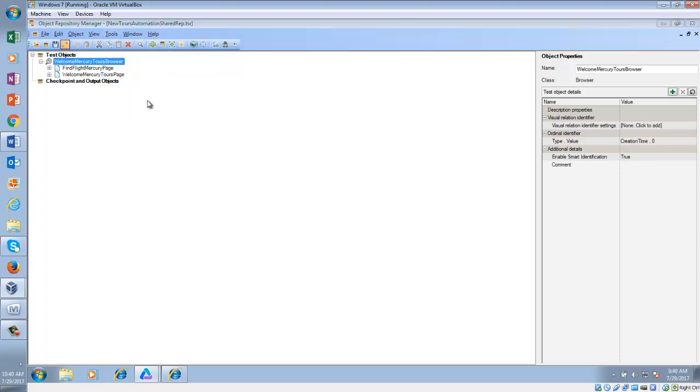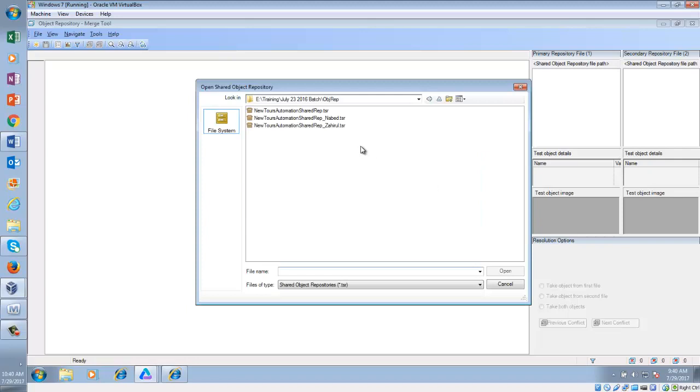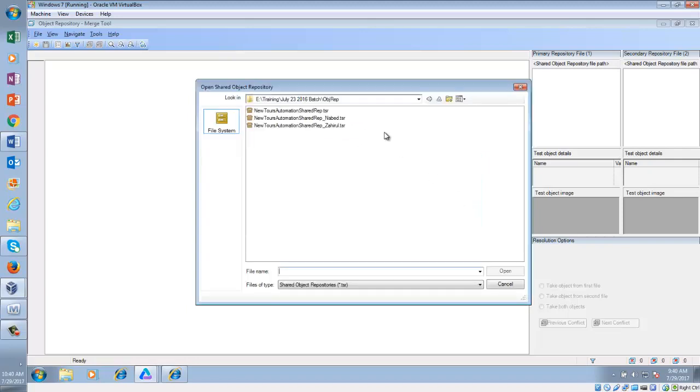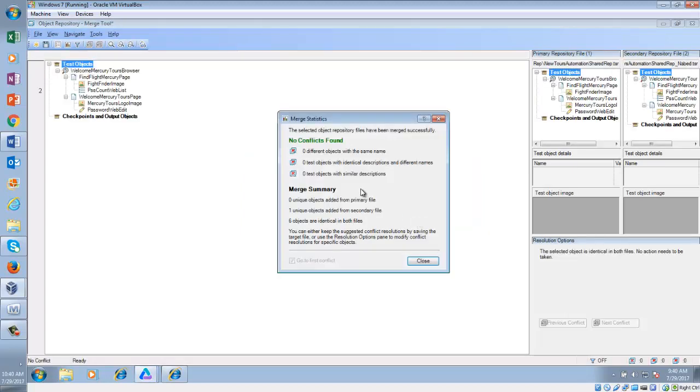Click on it, and here you can select primary and secondary. Primary will be the master object repository, and secondary will be, let's say, Naved's. At the end of every day, we associate them. Can you see now one unique object added from the secondary file?